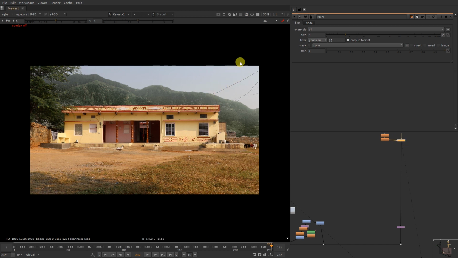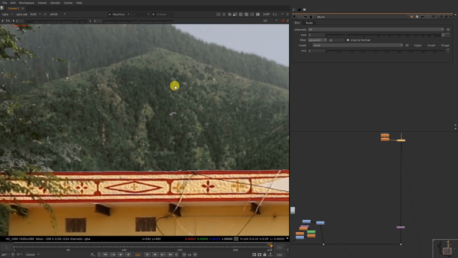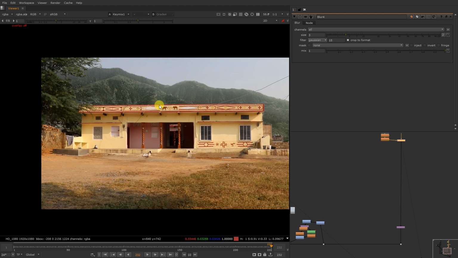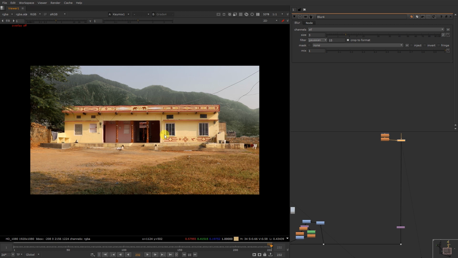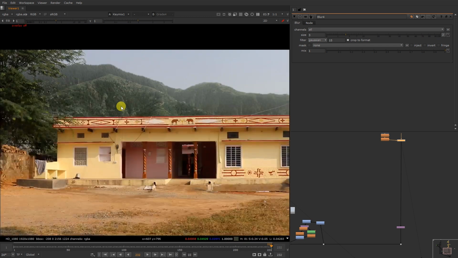Now you can see we have the light hitting the mountain from the sky, and then we have separation. The colors are almost matched, but we need to work on it, and this looks quite pixelated,